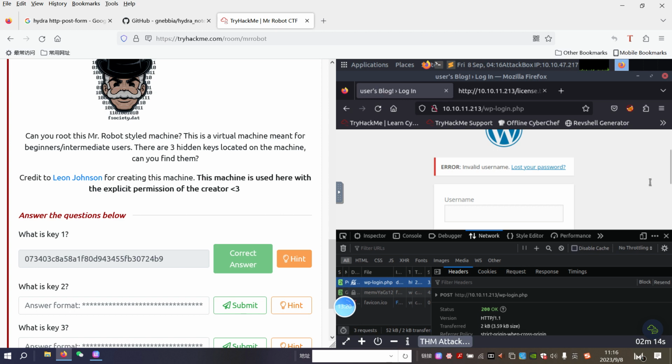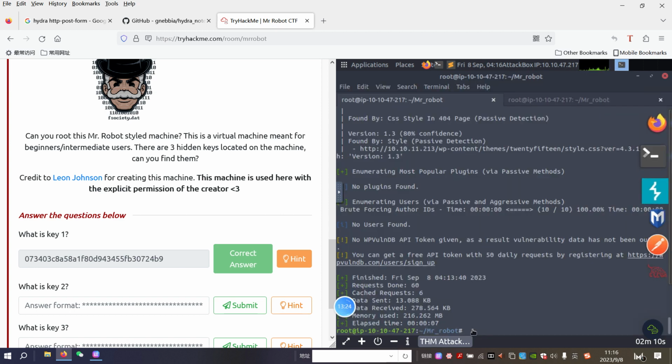For example, here we can go back to our terminal, and then we can use Hydra. And this time we use the dictionary we got from the server, the fsociety one. And for the password we can use any password, like password or test, anything, and put the IP address